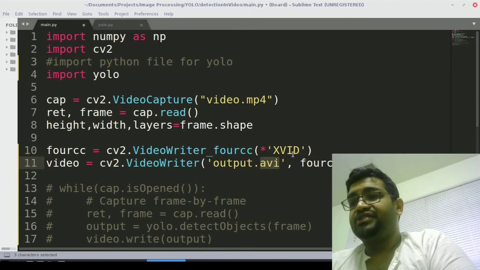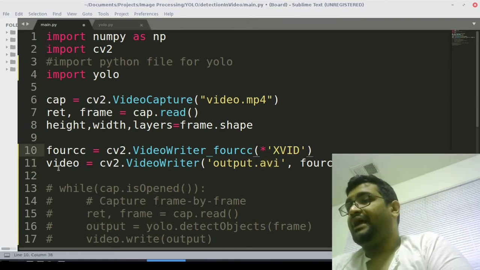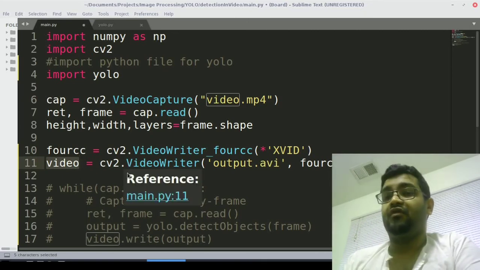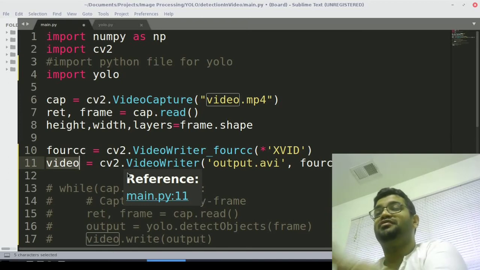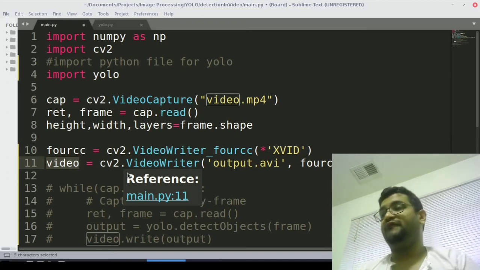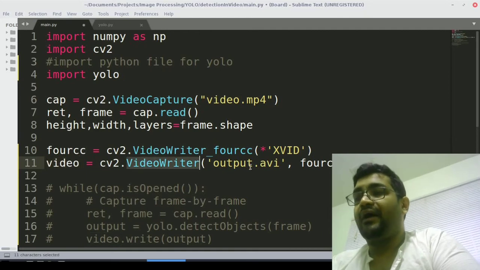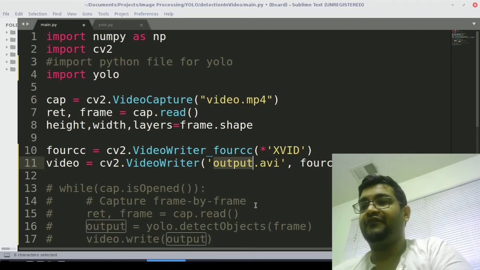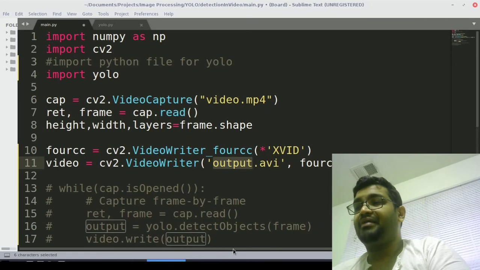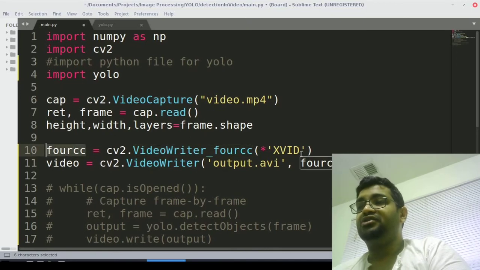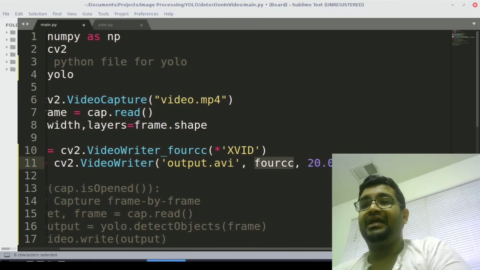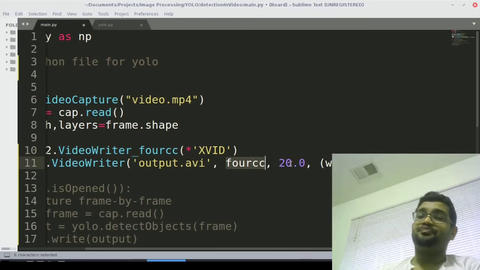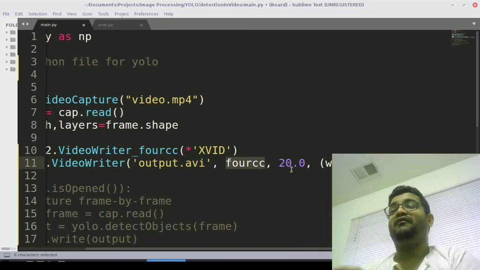So that's the reason I'm using the XVID video codec, and we are defining the video, and video is nothing but that video writer, which is going to help us write those sequences of images into the video file that we're going to be creating. So video writer and output.avi is nothing but I'm defining a name of the output AVI file, and 4cc is nothing but the video codec which we defined here. So we're going to pass that here, and 20.0 is nothing but the frames per second. If I'm defining 20, it means it's going to show you 20 frames per second,